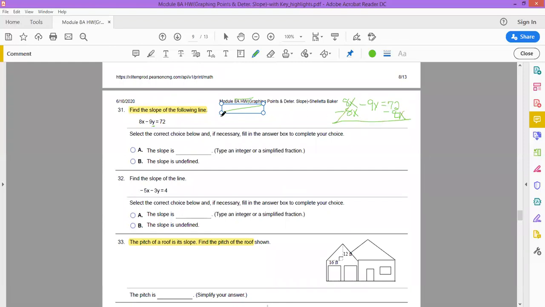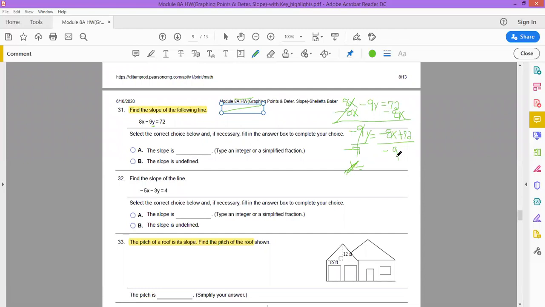The 8x will cancel on the left. We'll bring down negative 9y equals. And our negative 8x will be first. A positive 72, so plus 72 on the end. And lastly, we're going to divide both sides of the equation by negative 9. The negative 9s will cancel on the left side. On the right side,